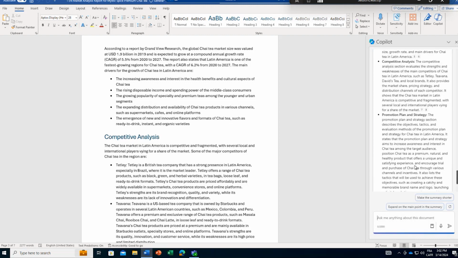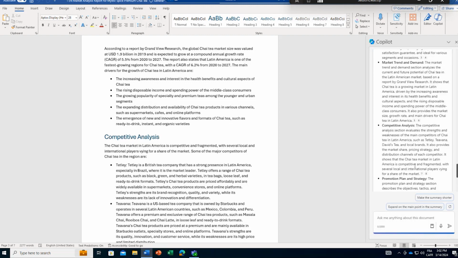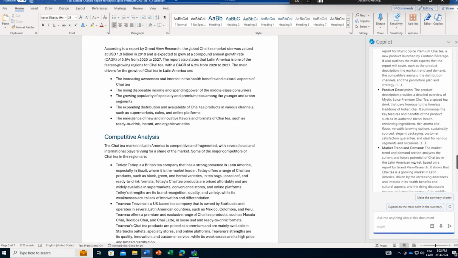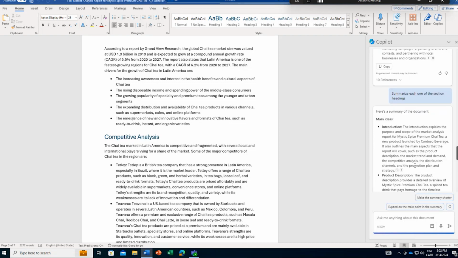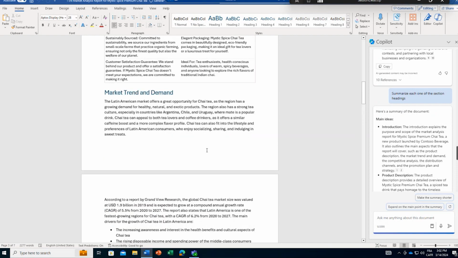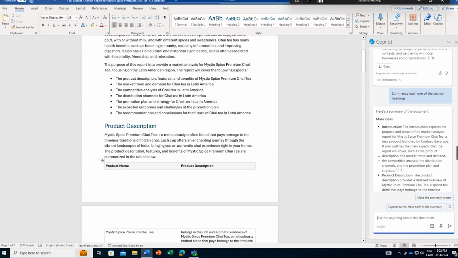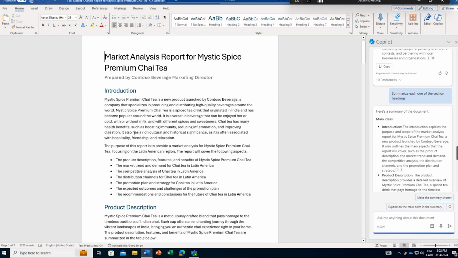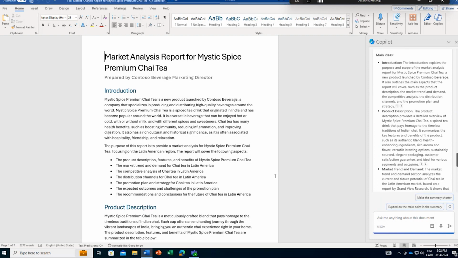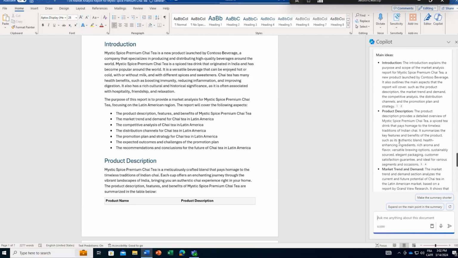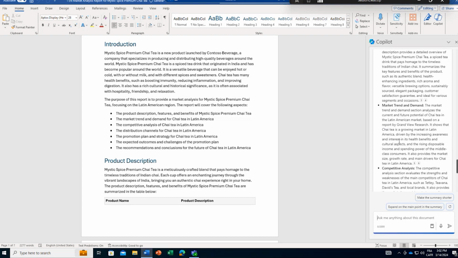All right, so now we've got our different sections here. So now we have somewhat of a summary of each section, which is a lot better than what we had initially, like introduction. At least now, we got one or two paragraphs, which is a bit better than all of this. So all of this has been summarized in this paragraph, as well as the product description, and so on. Now, what we could do, and we showed a little bit of this before,